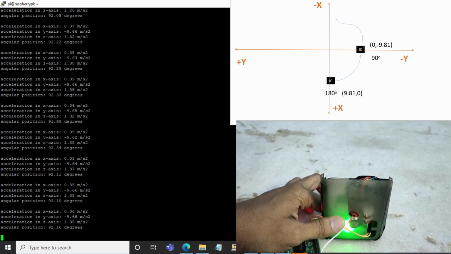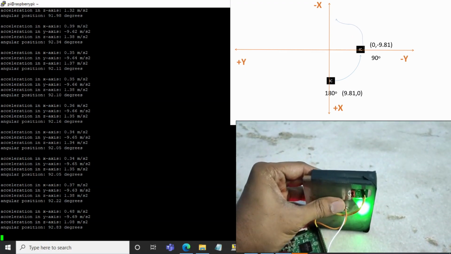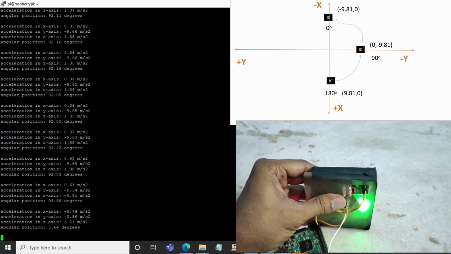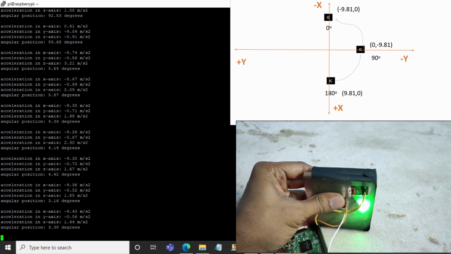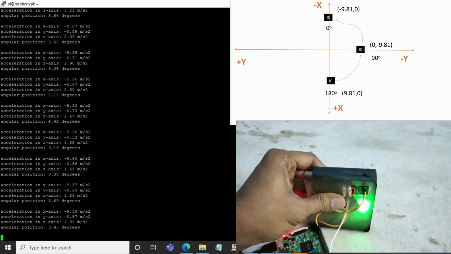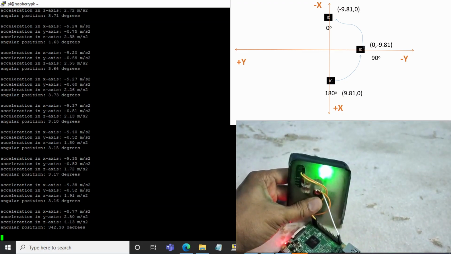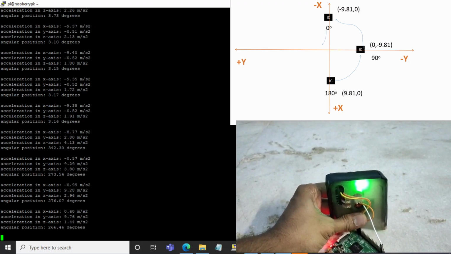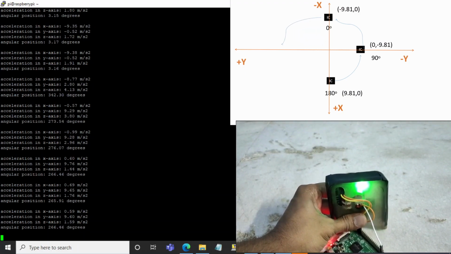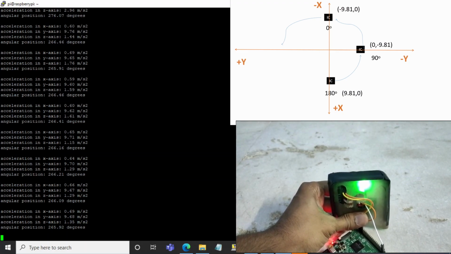Let's check it out. Okay, it is close to 0 as expected. Now I'll rotate it in the anti-clockwise direction by 90 degrees more. It is 270 as expected. Now let's get back to the initial position.